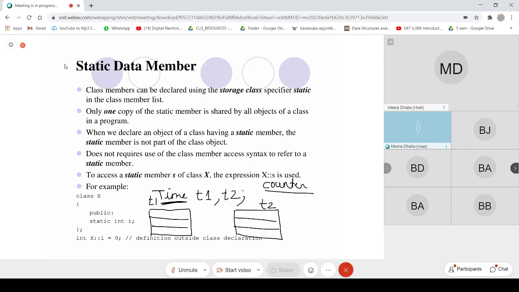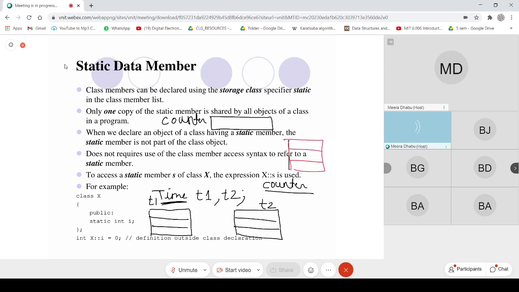Then in that case, one memory will be allocated for the static variable counter, and this data member will be shared amongst all the objects.